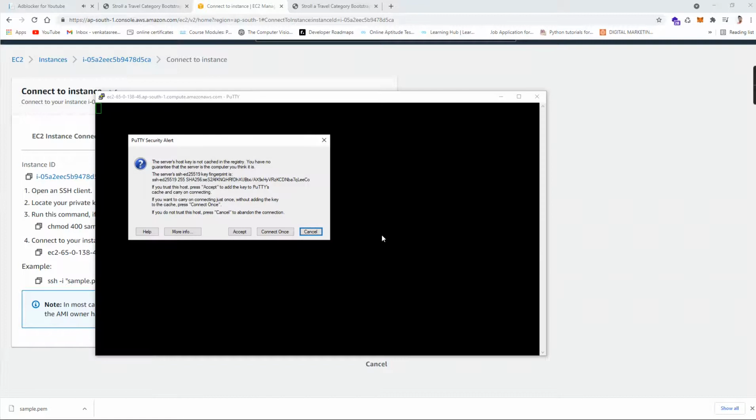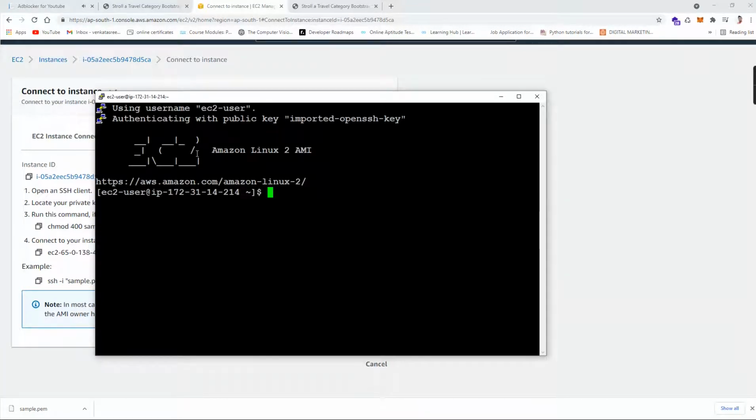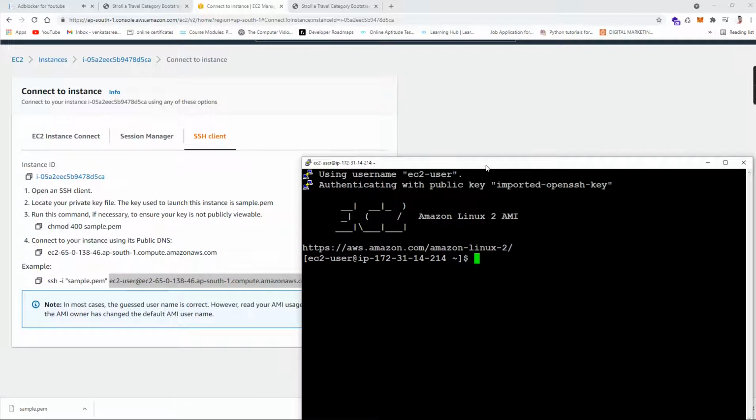After opening and accepting the terms, it shows the Amazon Linux 2 AMI we have created with our required configuration. You can match it with the IP address. Let's see how to unzip the folder, how to upload, and how to make our website live in Amazon Web Services.